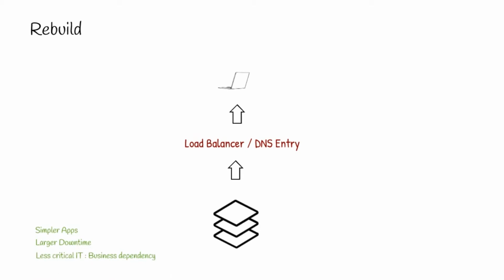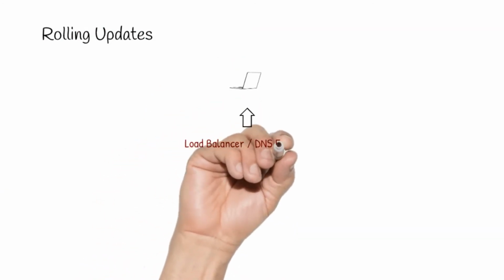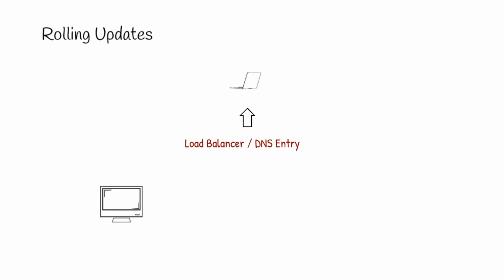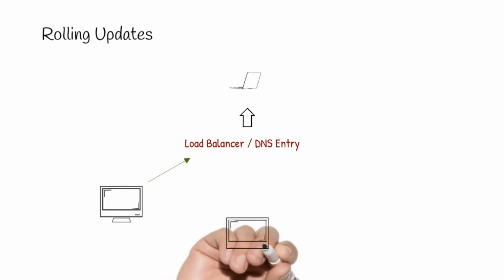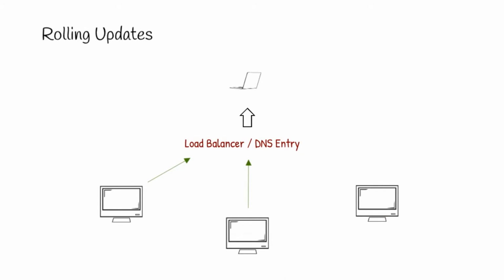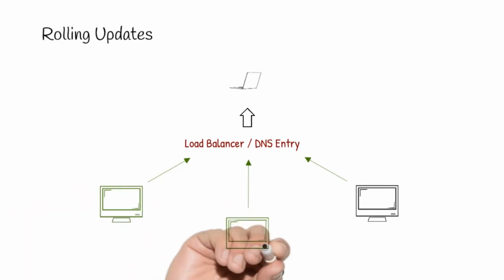Next is rolling update or rolling release. The rolling update deployment strategy brings seamless deployment for your app. Unlike the rebuild strategy, rolling update doesn't delete the existing deployment all at a time. Instead, it follows an incremental approach. By incremental, I mean that in a rolling update, resources are updated one after another. Consider there are multiple instances of your app below a load balancer. In a rolling update, you update each of these instances in a serial fashion. That is, you delete one and then deploy an updated one, and on success of this, you go with the next instance.